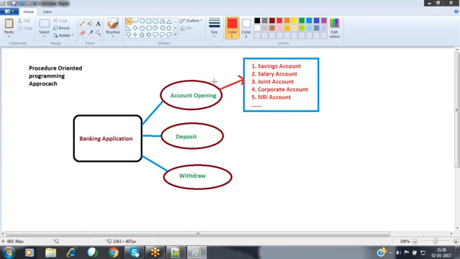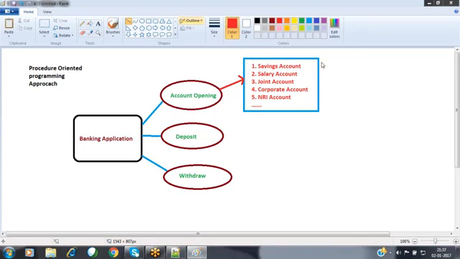So if any customer wants to open a savings account, then they are going to have this graphical user interface. As soon as they select the savings account option, in order to verify all these functionalities and perform all these operations, we are going to write a separate business logic. That business logic we are going to write inside a separate function. So for that, we are going to write some different functions.